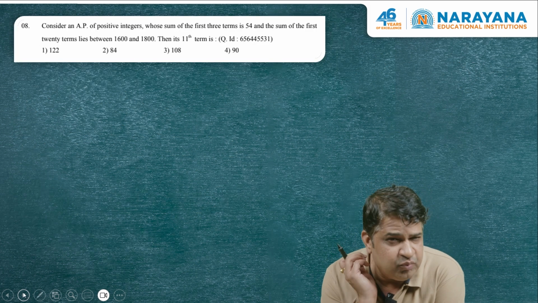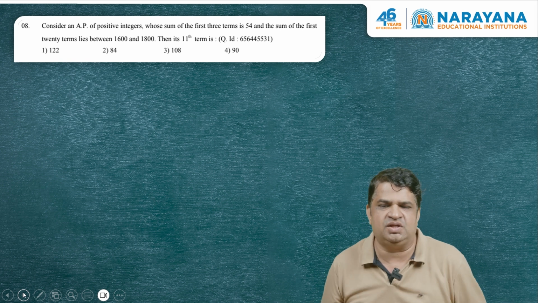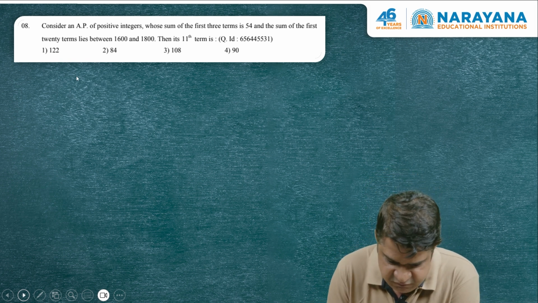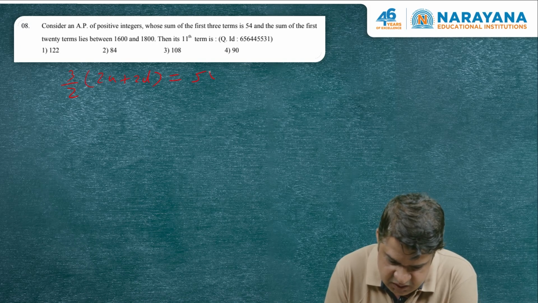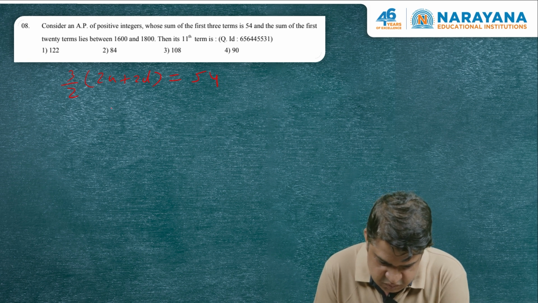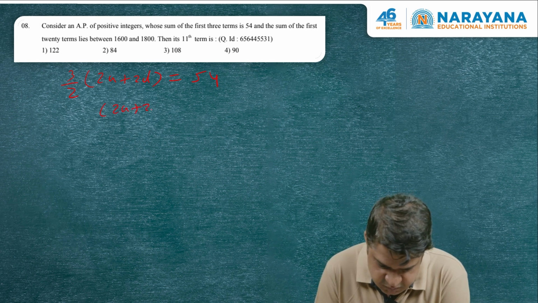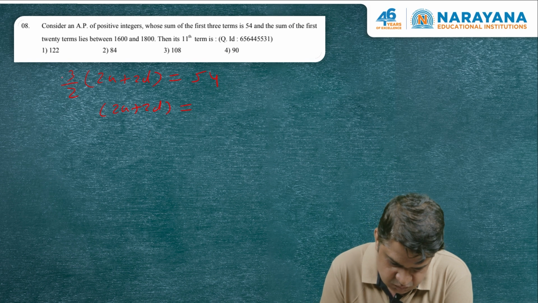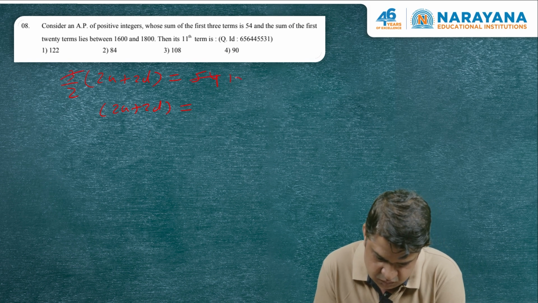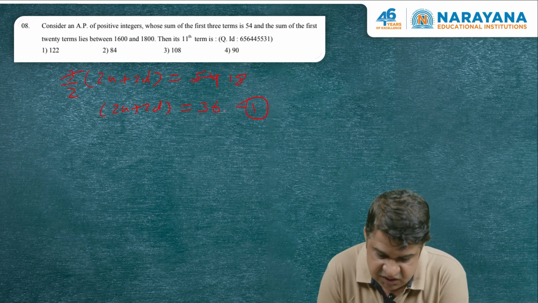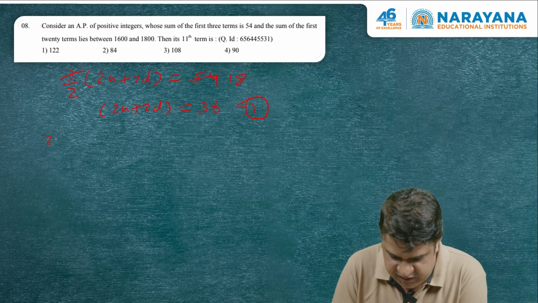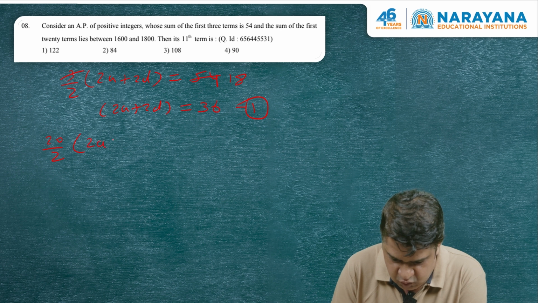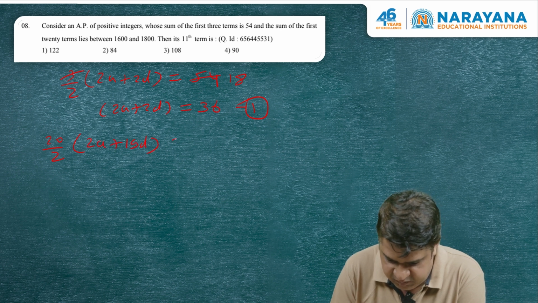Consider an AP of positive integers whose sum of first 3 terms is 54. Sum of first 3 terms means 3 by 2 times (2a plus 2d) is equal to 54, means 2a plus 2d is equal to 36, and sum of first 20 terms, sum of first 20 terms means 20 by 2 times (2a plus 19d)